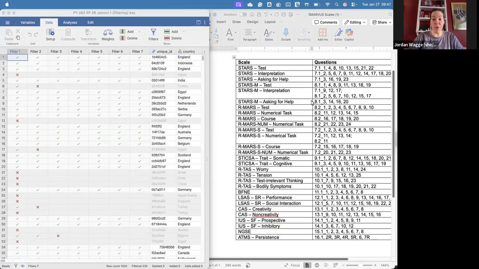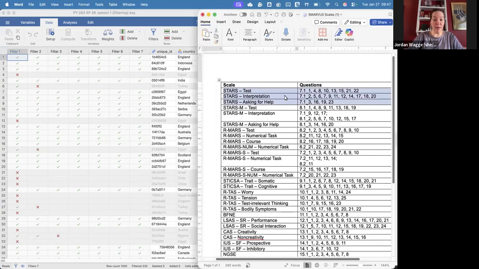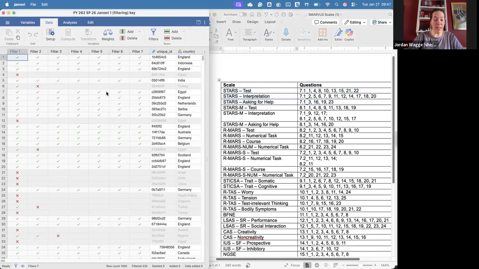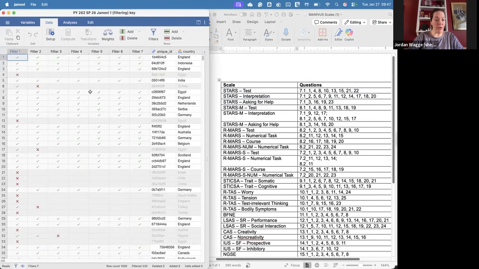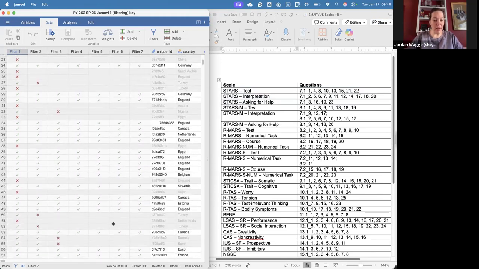All right, so this is a quick tutorial on adding up SMARVUS subscales. What I have over here is a data set with 1,000 participants in it who have had all of their attention checks filtered out. So people who didn't pass any of the attention checks. Filter one is people who didn't pass the attention amnesty check at the very end. And then 2 through 7 are the people who didn't pass the various attention checks throughout. So that leaves us with a data set with 333 participants filtered out of 1,000, has 667 total participants in